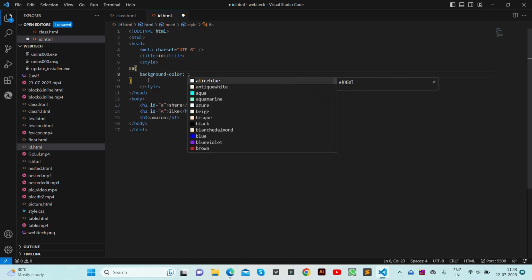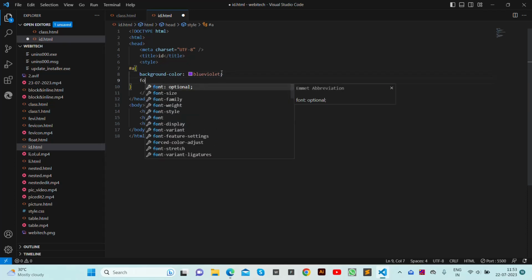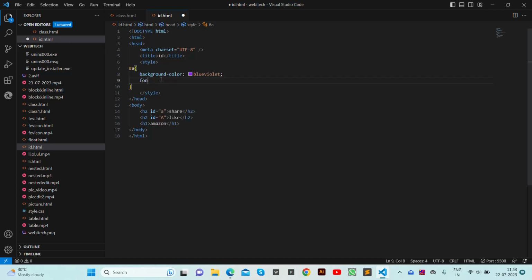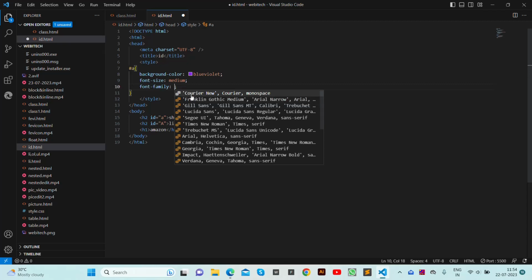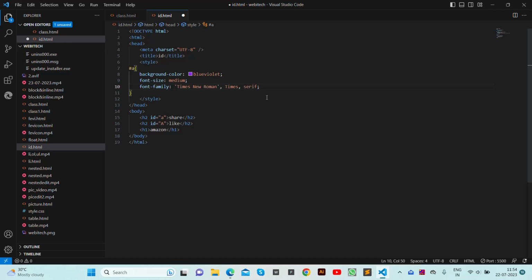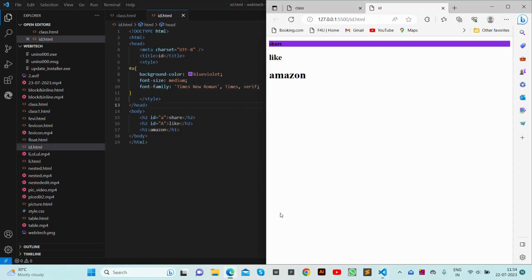If you want background color, blue violet, font size, large, medium, whichever you want. Let's select this medium. Then font family: cursive, Impact, Verdana, Times New Roman. Let's select this one. Then save. Then open our live server. As you can see, let's